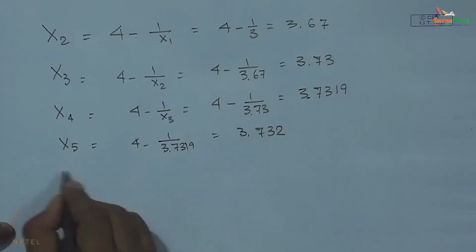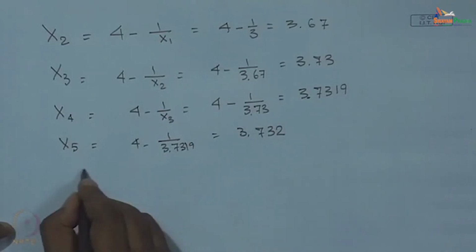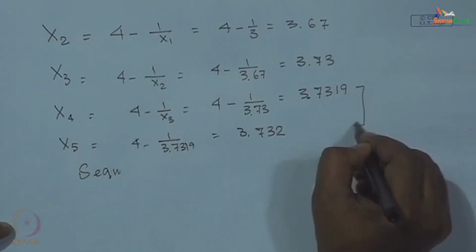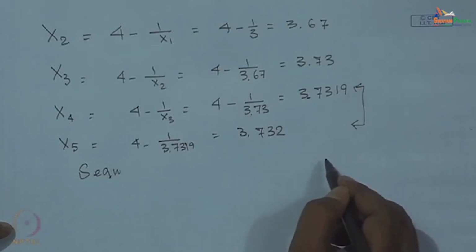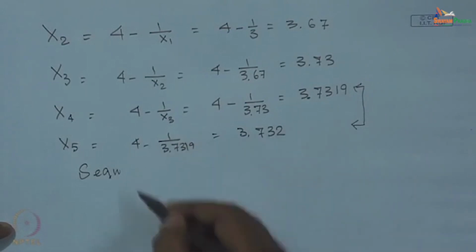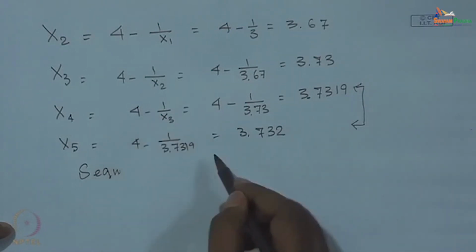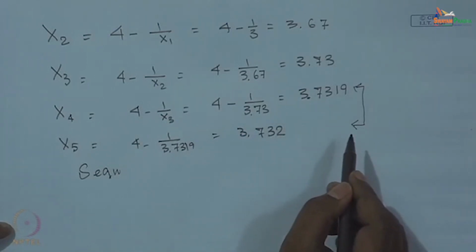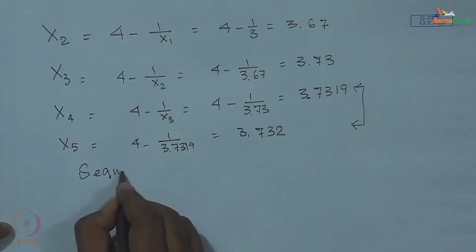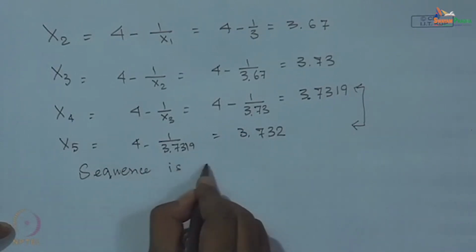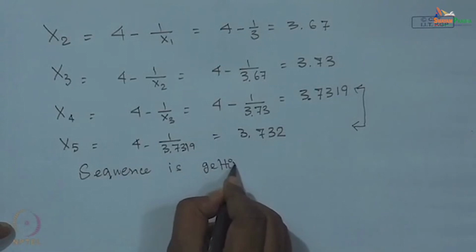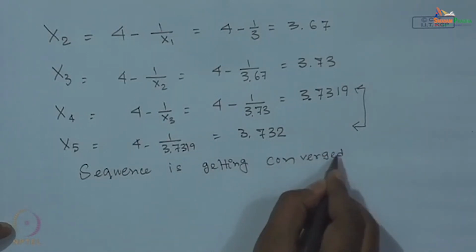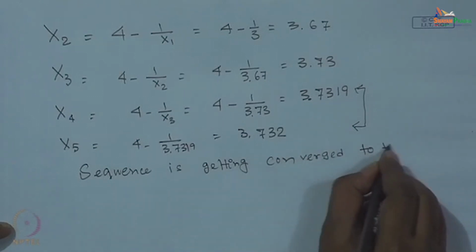So, from this calculation we can observe that the metric between two consecutive terms of the sequence, let us say 3 and 4, 4 and 5, 5 and 6, the distance between them will be extremely small, smaller than an epsilon which is greater than 0. So, the sequence is getting converged to the value